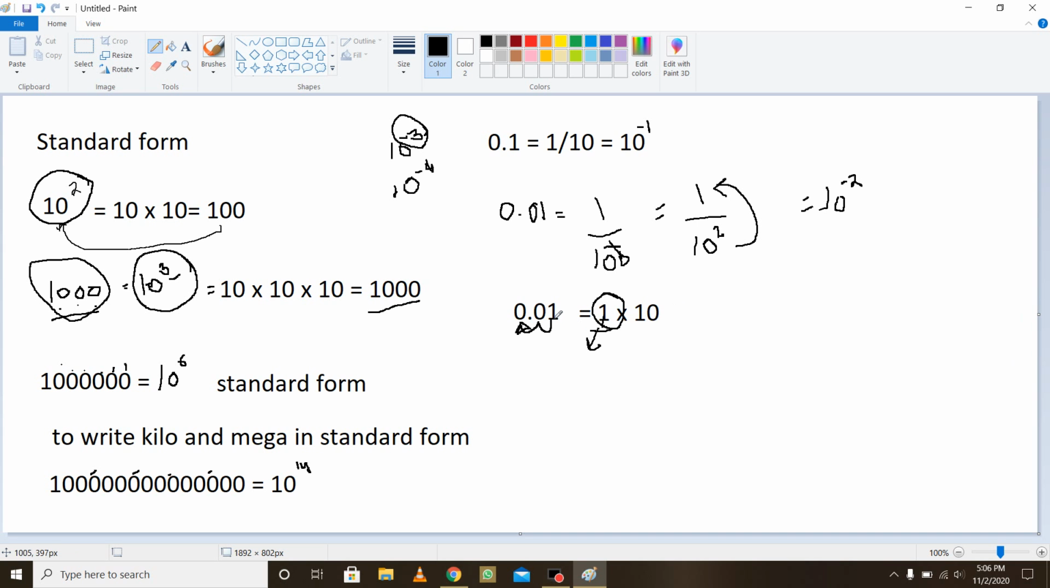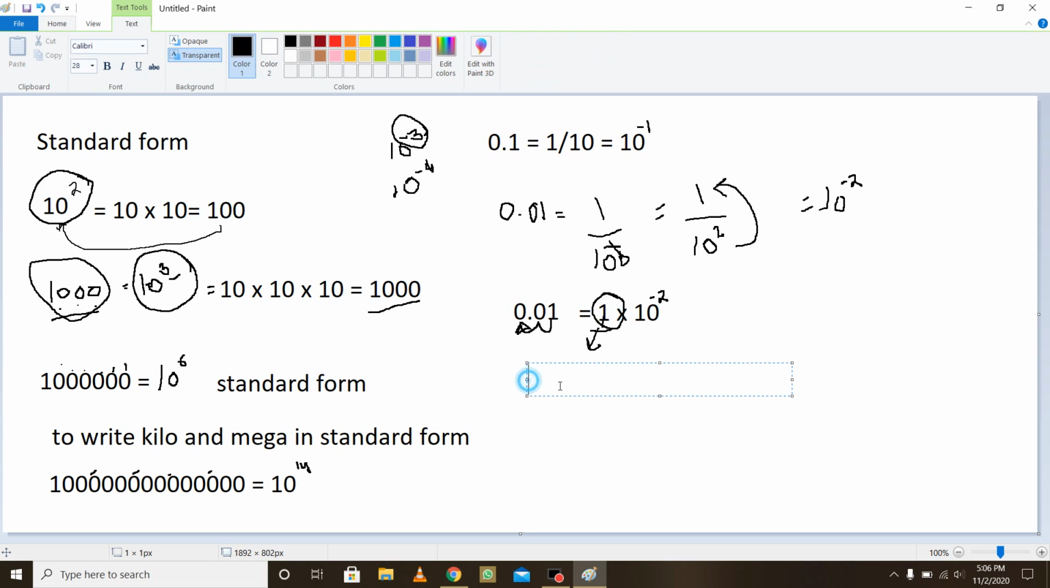So we can simply write it as 10 raised to the power minus 2. Let me solve another example. For example, this is 0.001, so that would be equal to,